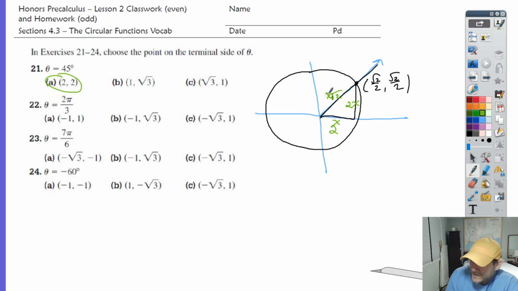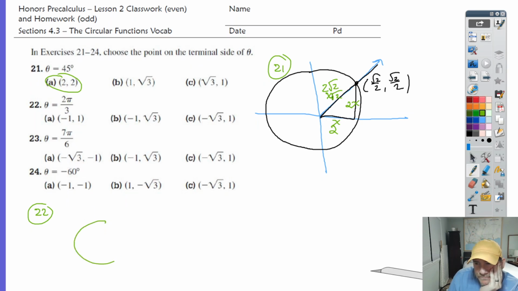The hypotenuse doesn't have to be 1 because not every circle is a unit circle. In fact, the circle where these x's and y's are 2's is a circle of radius 2 root 2. And that's fine. It can be any circle. It's all about the ratios. Now for 22, this was 21. For 22,